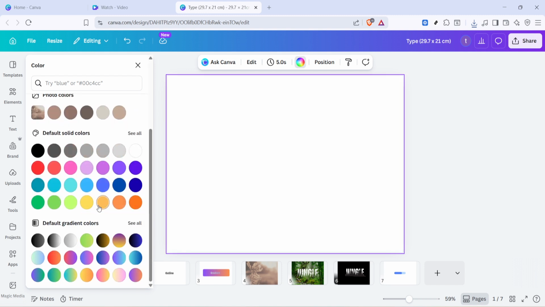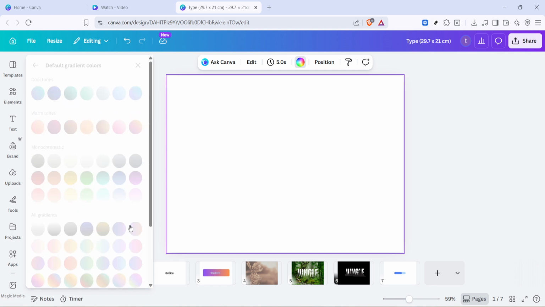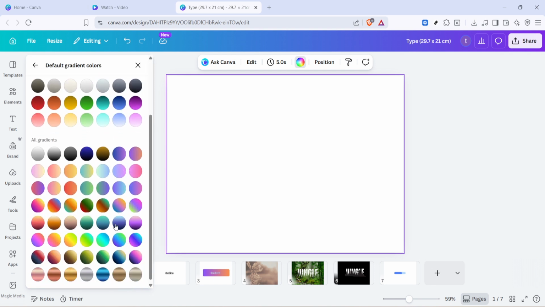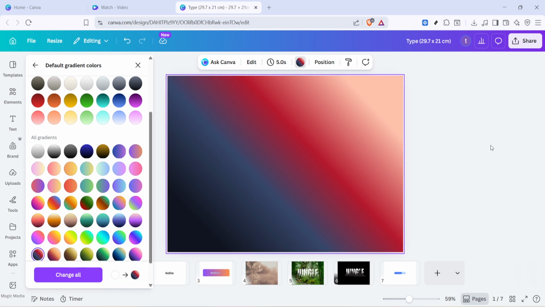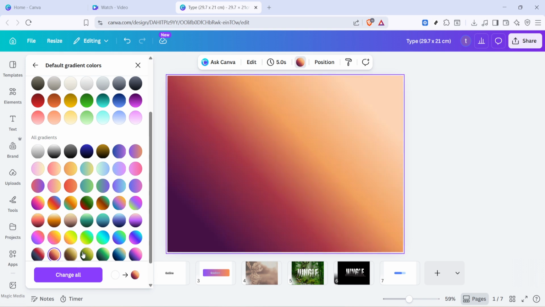Now, in the color panel, look for the section labeled Default Gradient Colors. This is where Canva gives you pre-built gradients, including radial options. Choose a radial gradient swatch you like. The radial styles will create that soft, circular glow from the center, which is ideal for drawing the eye to headlines or product shots. The moment you click a swatch, your page updates instantly so you can judge the overall